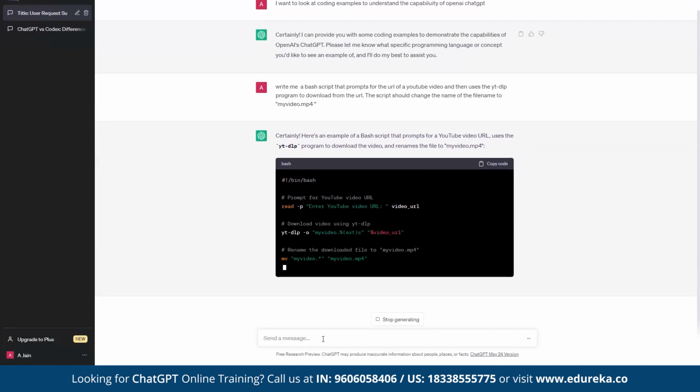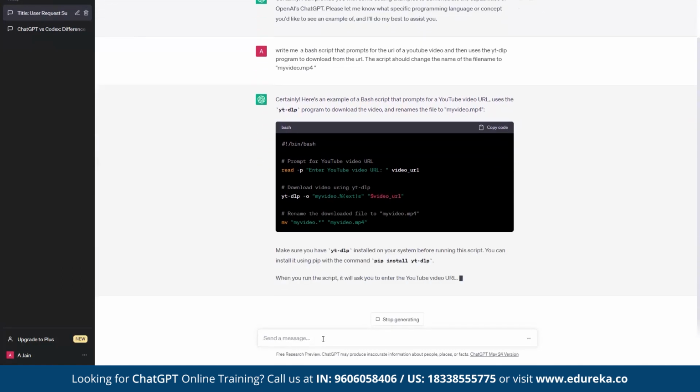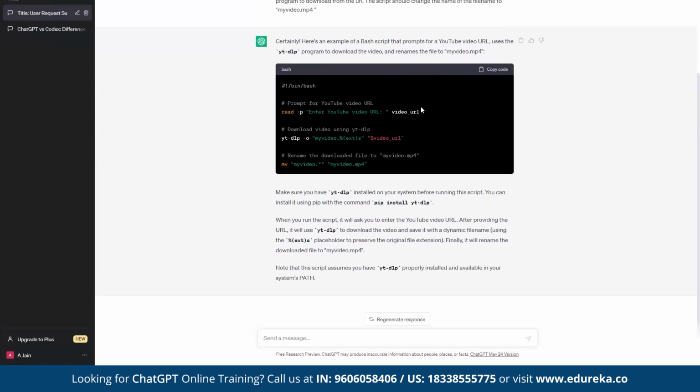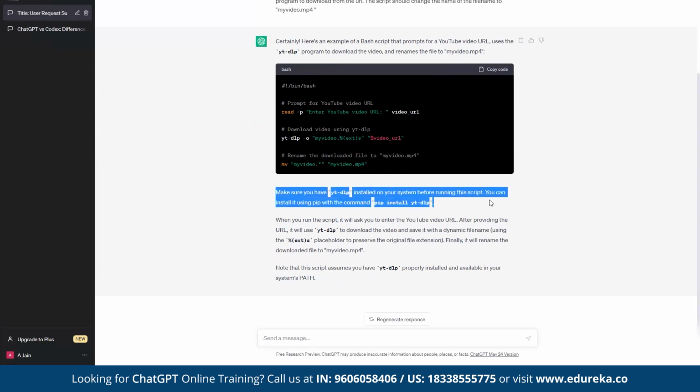you can see that it has written the script, and not only that, it is also explaining to you, make sure you have it installed on your system. So it is also letting you know that you will have to install this yt-dlp, and you can install it by using the pip command.